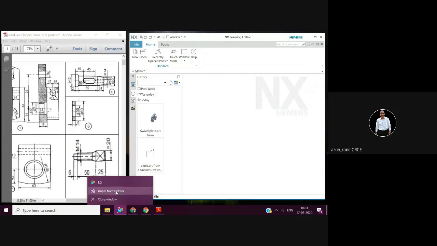If it is unpinned, then you have to type in here. Search में जाके you can type NX करके, and then load it. So every time, just to avoid that search, you can pin it here. All right. So once you run this shortcut command, then you'll get a screen like this.